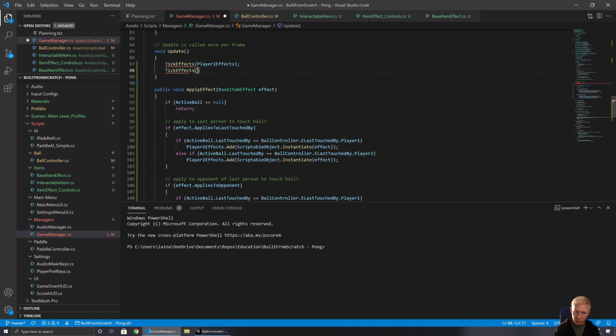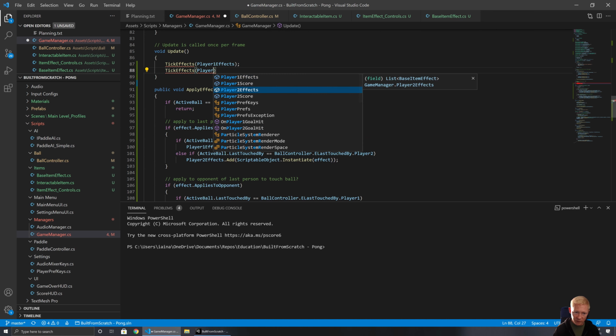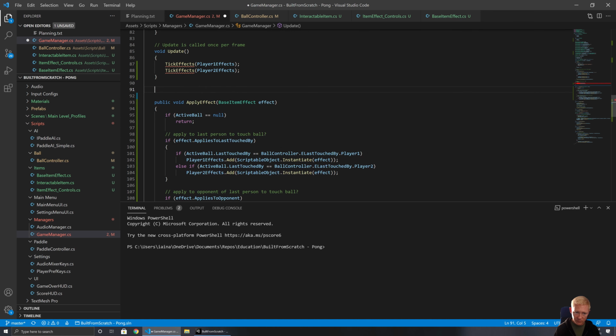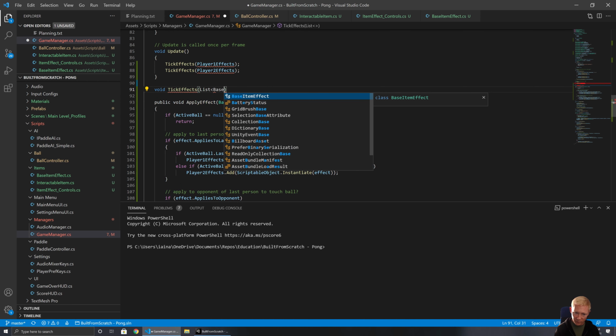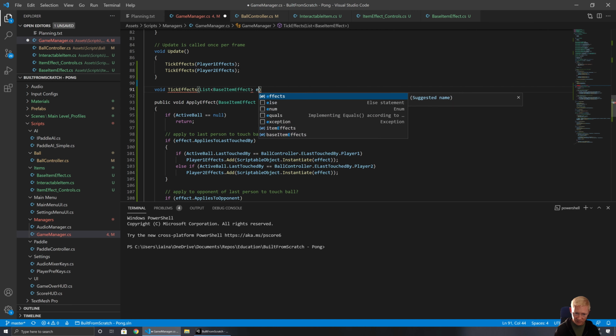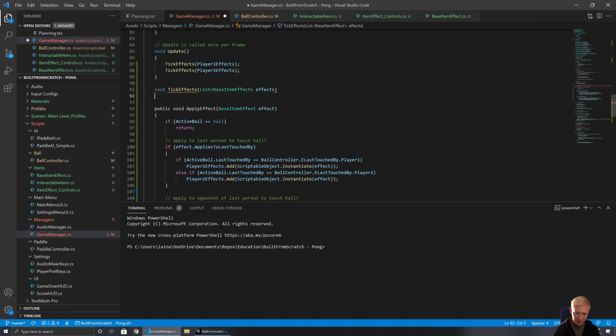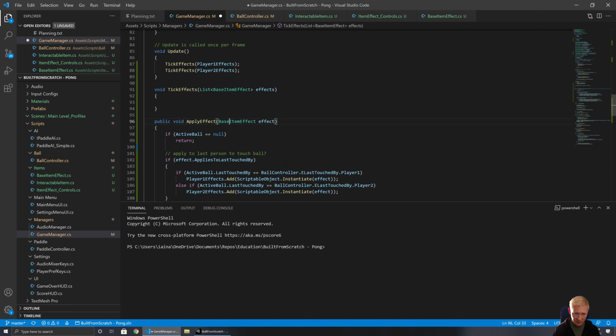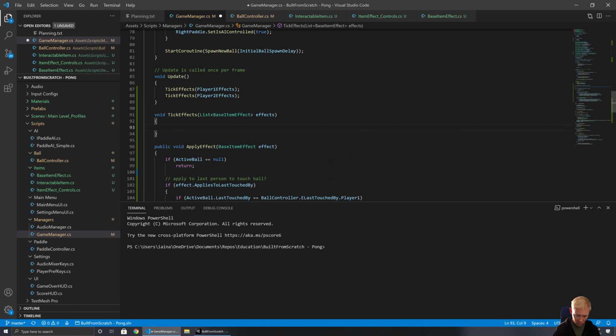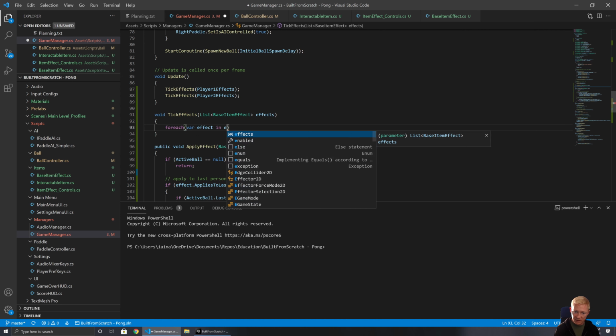And rather than duplicating the logic, we'll just run it with different data. So we'd be able to tick our effects. That gets a list of BaseItemEffect. That works. So we can tick those. And what we would be saying is, for each effect in effects,